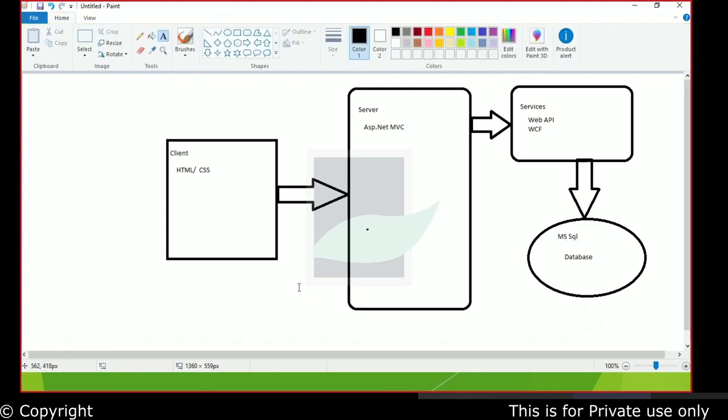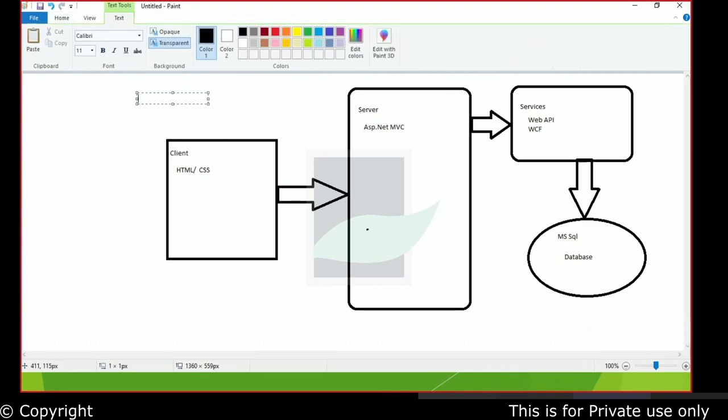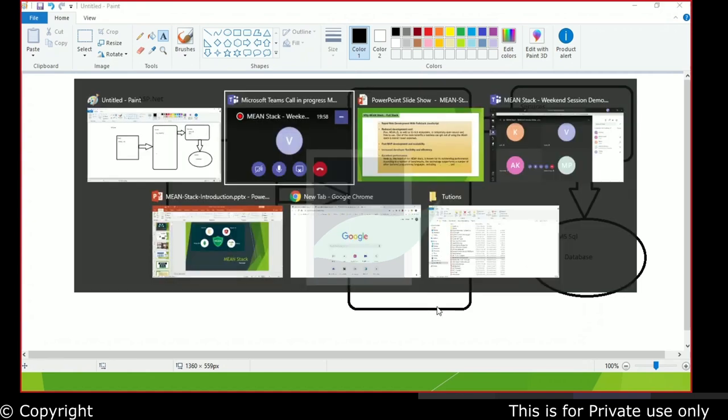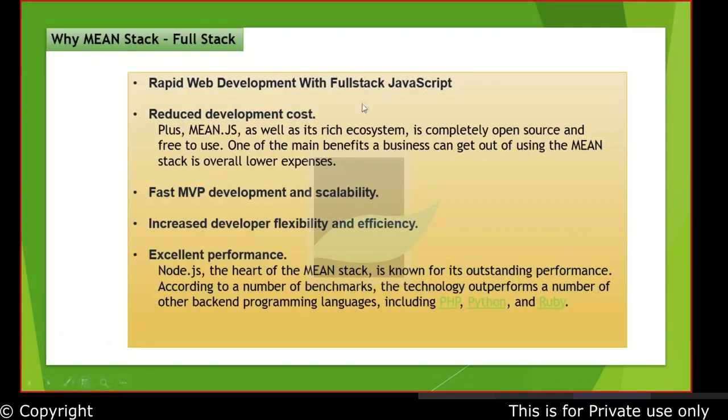So when a developer says he is a full stack developer on ASP.NET or Microsoft technologies, he has to be smart in a number of technologies, to put it at the minimum level: two, three, four. At least four technologies he has to be smart at, so that he can go ahead and call himself a full stack developer. That is not the case when we speak about MEAN stack development.